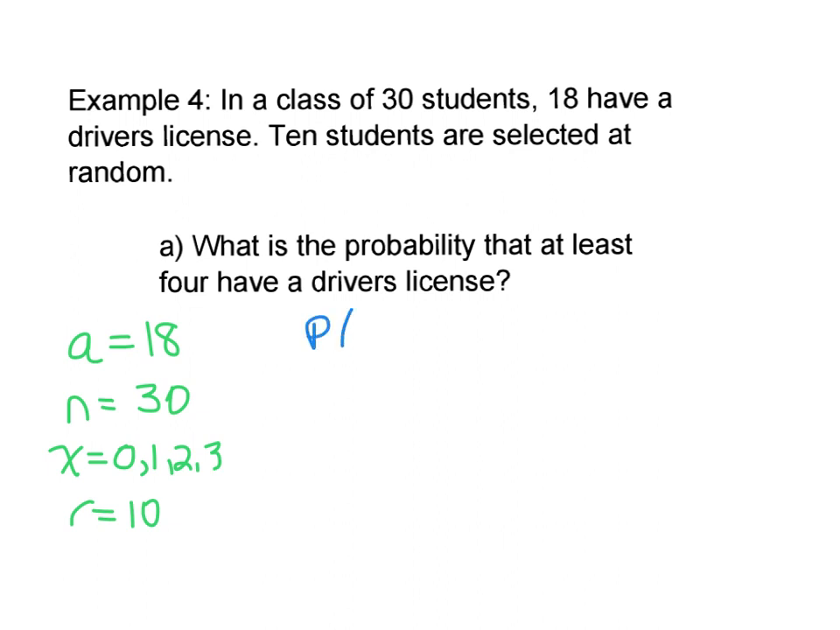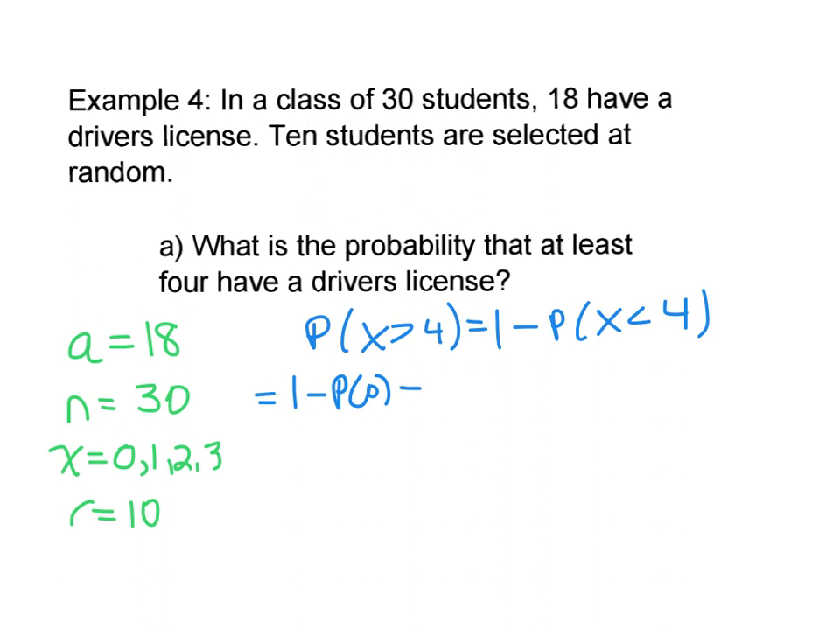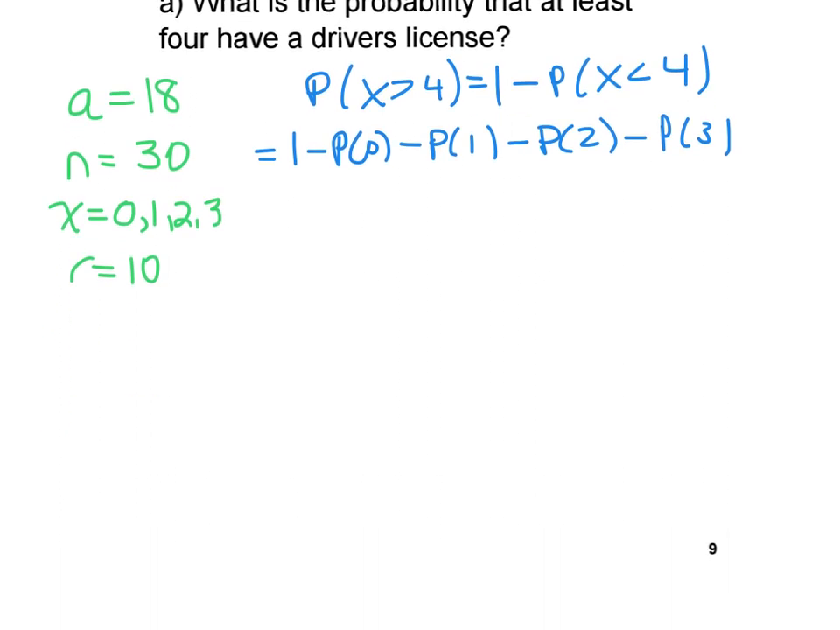So if we want the probability that X is at least 4, it's going to be 1 minus the probability that X is less than 4, which is going to be 1 minus the probability that 0 people have their driver's license, minus the probability that 1 person has their driver's license, minus the probability of 2, minus the probability of 3. So it is still kind of a lot of work. So you'd have to do 1 minus